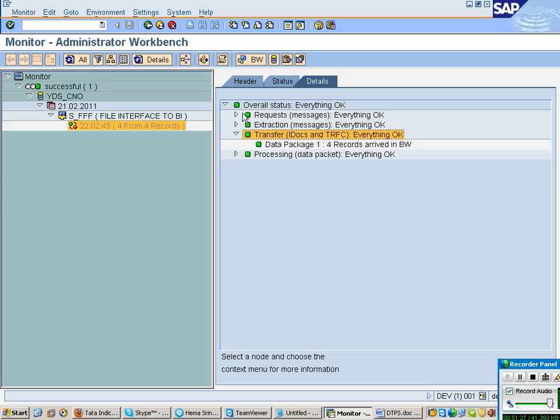Then what is that? Transfer. How many records are transferred? 4 records are transferred.